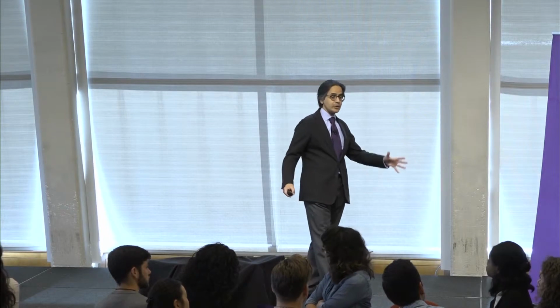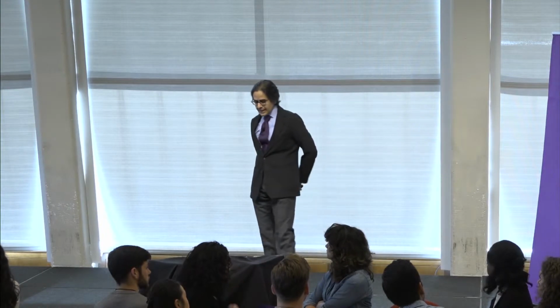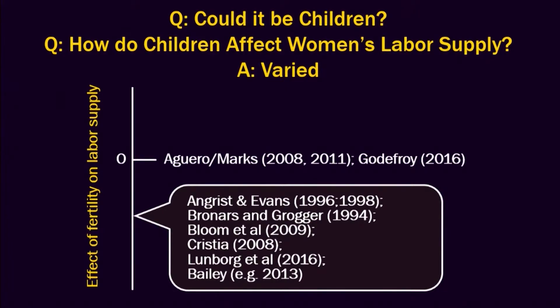Well, we'll begin first by just asking what existing research is out there? What do we know about this? So one interesting set of facts which we observe here, which are depicted in this bubble, is that there is a fair amount of evidence that children lead to a decrease in the labor force participation of married women. So that effect is negative, and it's been documented across a variety of economies. That bubble points to evidence mainly from the US and from Northern Europe. There's a smaller strand of evidence that tells us that the effect in developing countries tends not to be negative. In fact, it is often 0 or even potentially positive,